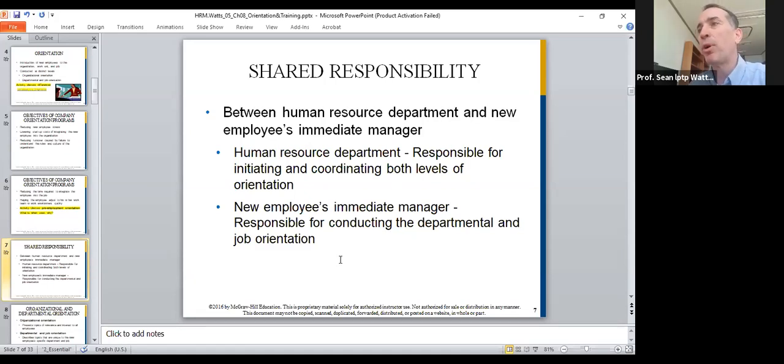Next, the new employee's immediate manager. If they're responsible for conducting the departmental and job orientation, that concept could be different. The HR department training versus the actual manager inside your specific department are different aspects too. When you have an HR department, HR is always in charge of the overall development of employees.